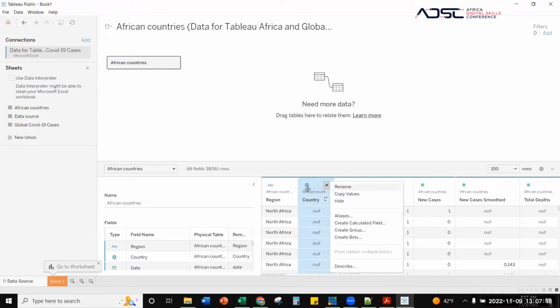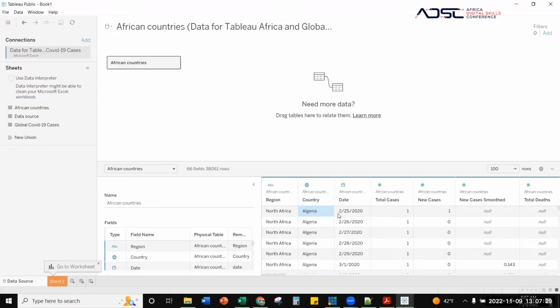The moment it shows numbers, you see everything has turned into numbers. So right now I need to change it back to what it was before. So I come here, then I change it to string data set, then it brings it back together. So always pay attention to these tiny things, because if it's not showing the data